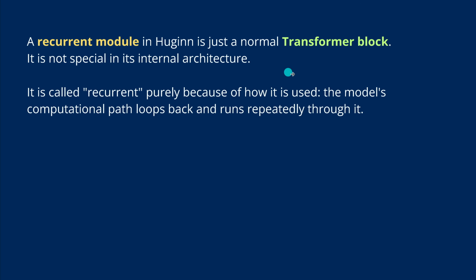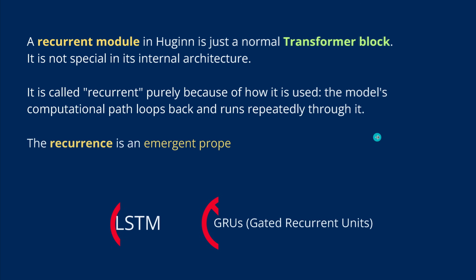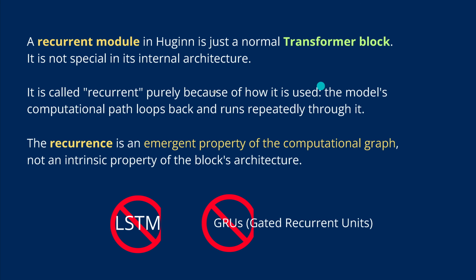The recurrent module here is a normal transformer block. It is not special in any internal architecture. This recurrence is just because of the way it is used. It is the model's computational path that loops back and runs repeatedly through it. So the recurrence here is an emergent property of the computational graph, not an intrinsic property of the block architecture,